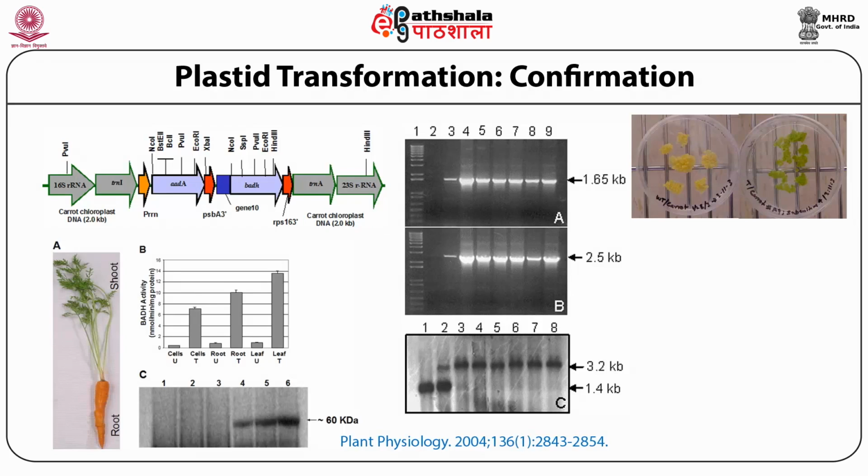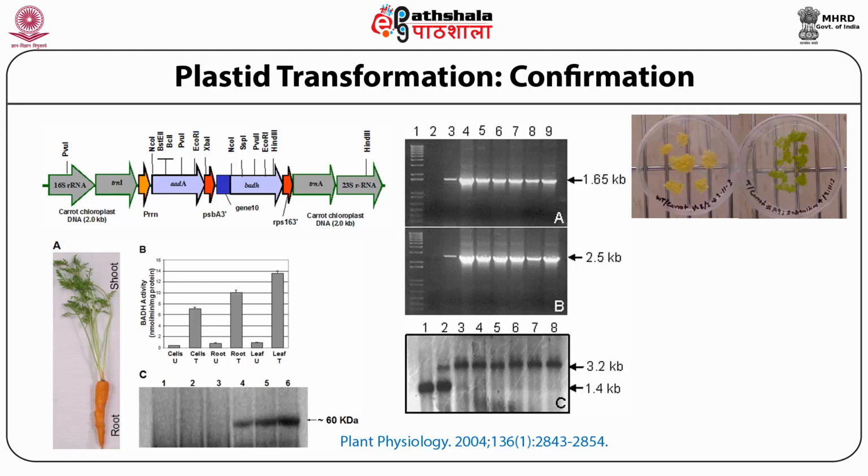This is how you can transform the chloroplast, as we have discussed. But at the next stage, how will you confirm that the chloroplast transformation has taken place? What is the level of polarity? Is your chloroplast transformation homoplasmic or heteroplasmic? This is very important to note. For example, in the first panel, panel A, on the left-hand side,